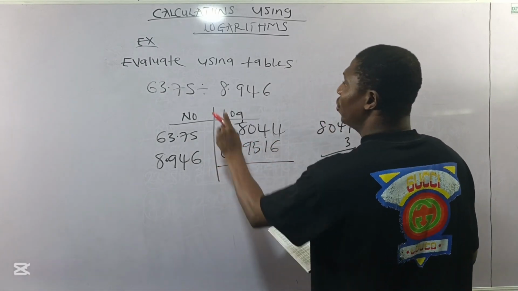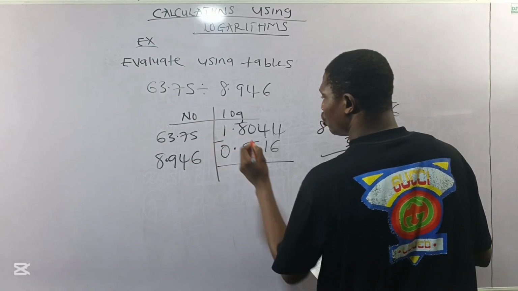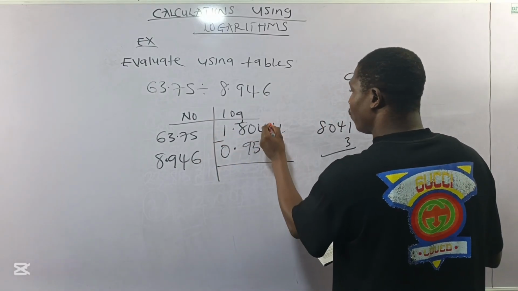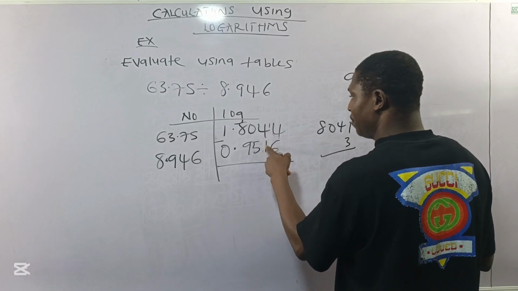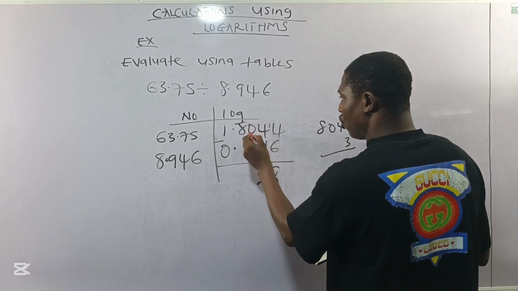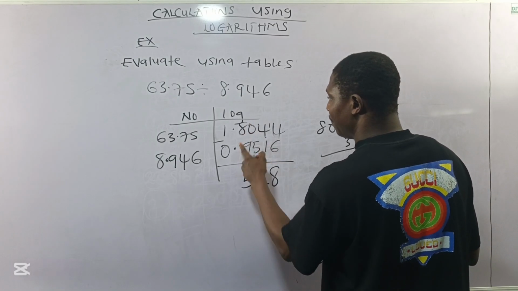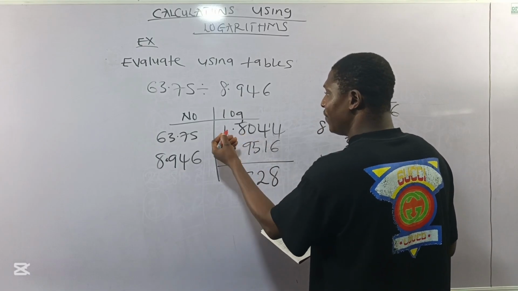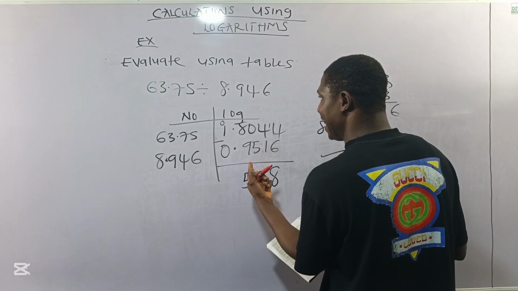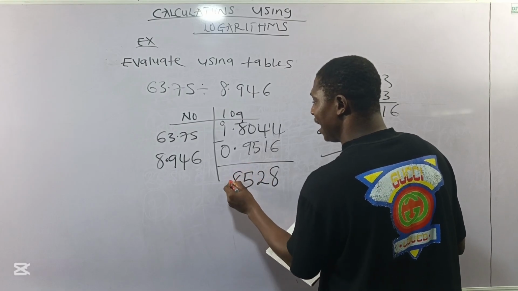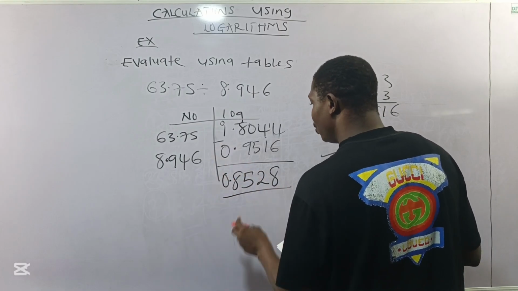9516. So division has to do with what? Subtraction, remember. 14 minus 6 is what? 8. Here is left with 3. 3 minus 1, 2. Here becomes 10. 10 minus 5, 5. Here is left with what? 7. If I take 1 from here, it will be 0. Here becomes 17. 17 minus 9 will give me what? 8. And 0 minus 0 will give me 0. So I have